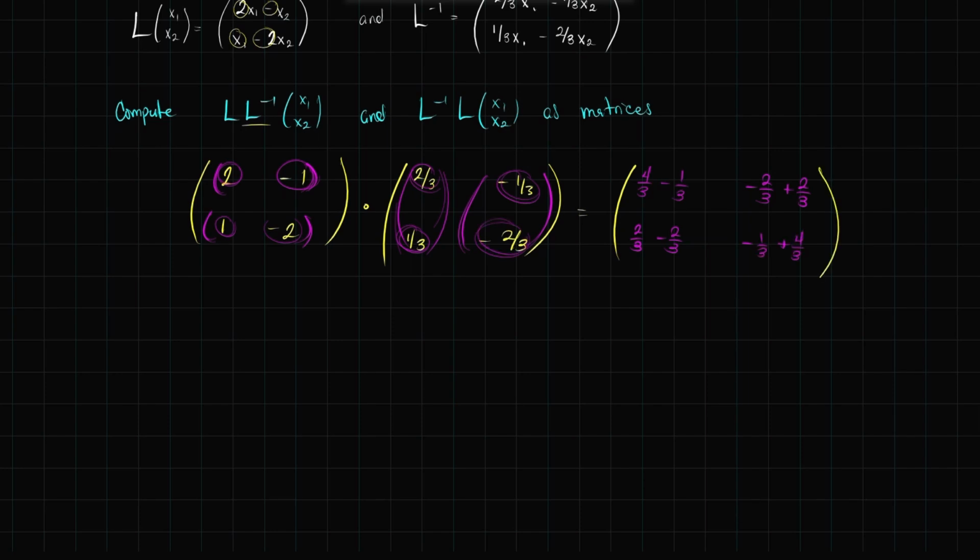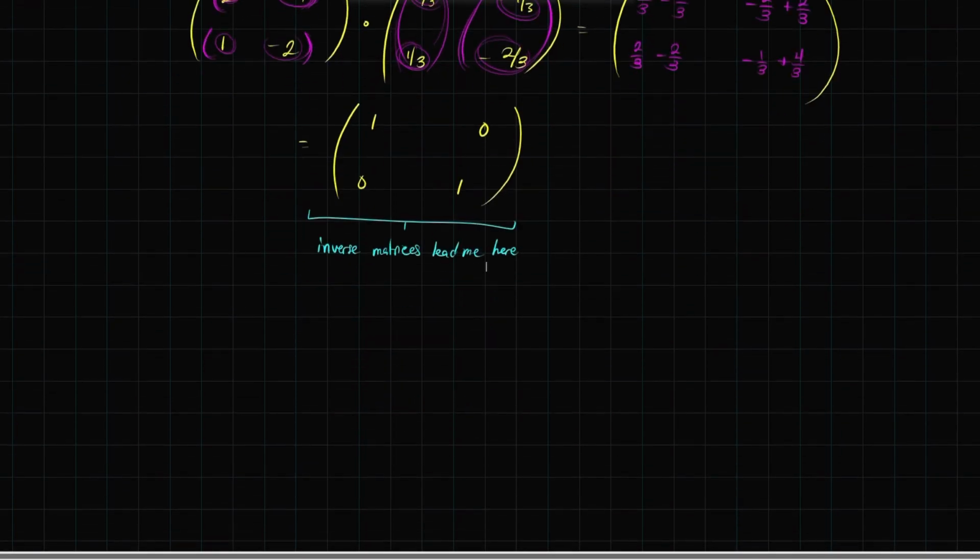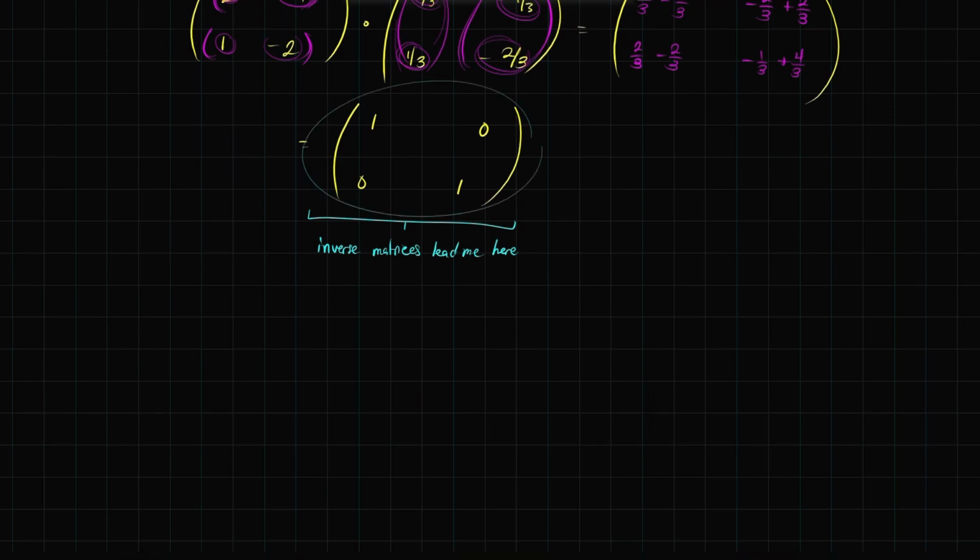So if I go ahead and simplify all 4 of those, what do I end up with? I end up with a 3/3, also known as 1, and then 0, and then 0, and then 3/3, also known as 1. And so what we see here is that inverse matrices lead me here. And so what is this? What is this object? It's got a couple names. This is called the identity matrix